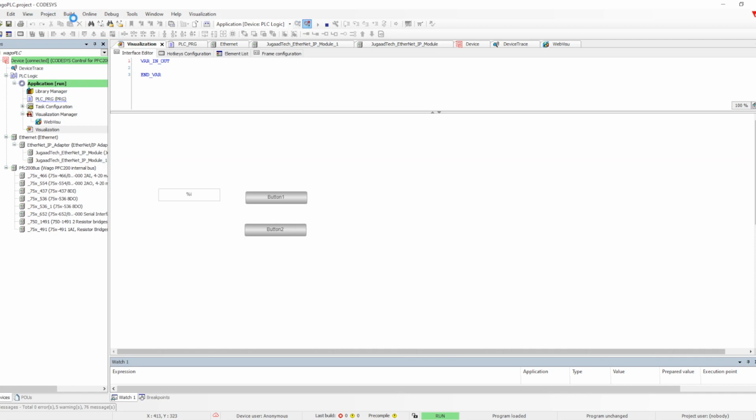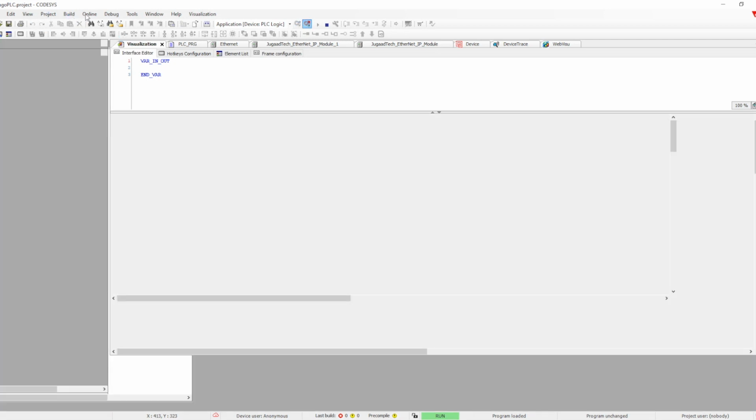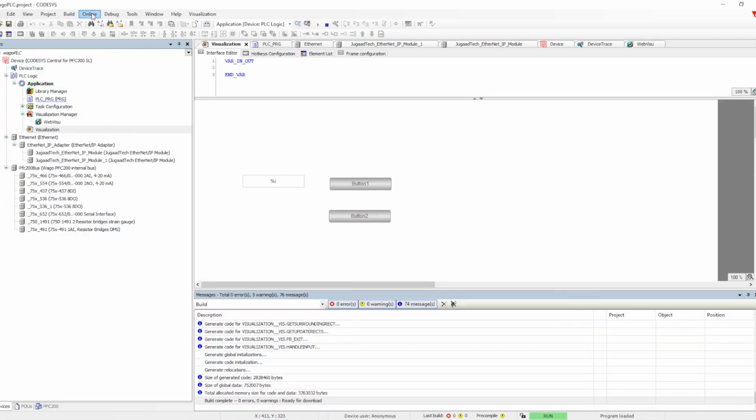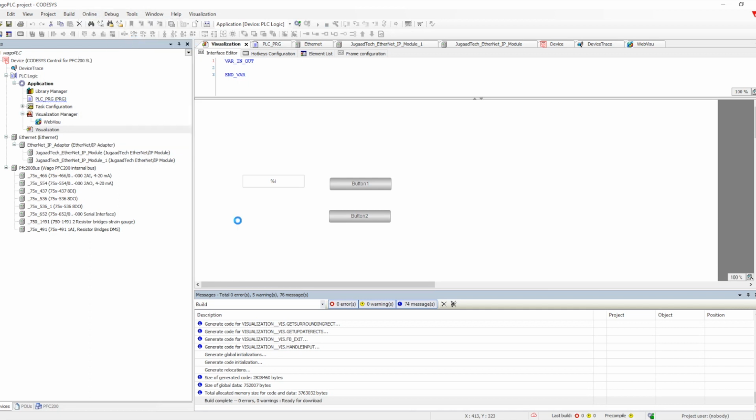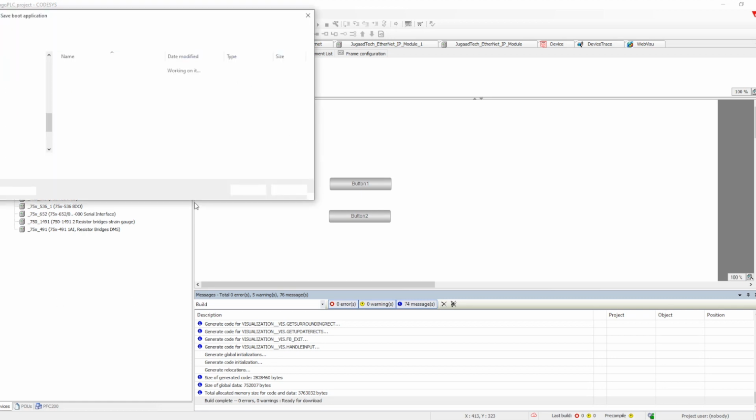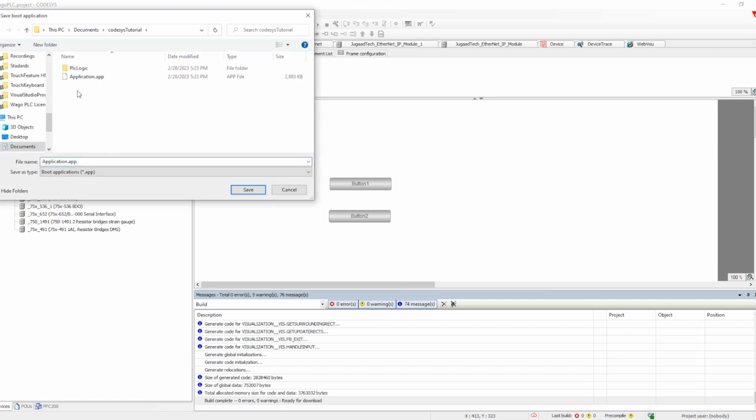So let me first create a boot application. I'll go to the online menu in the courses, and click on create boot application. When we click on create boot application, it will ask us to save this application.app